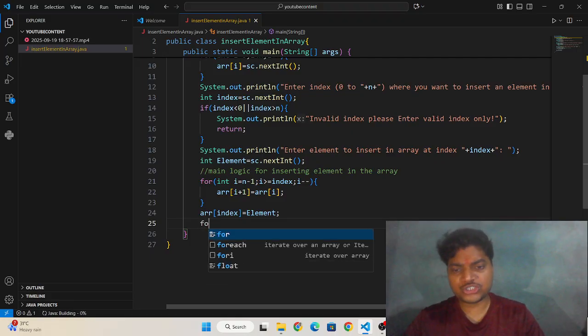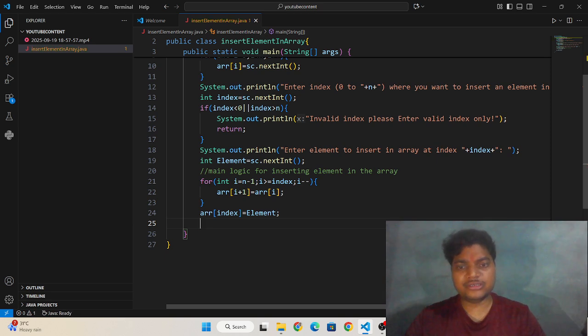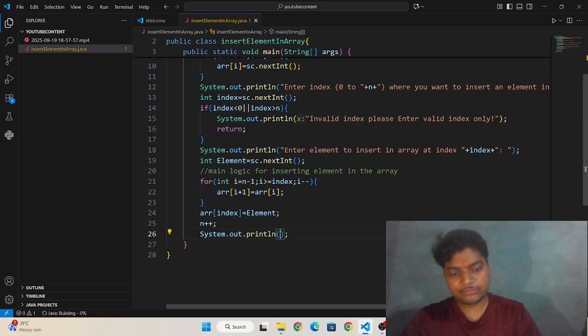Now I'm going to increase the size of the array by 1. So I am writing this. Okay, now I'm going to display our updated array. So that's why we have to write sout, which means System.out.println